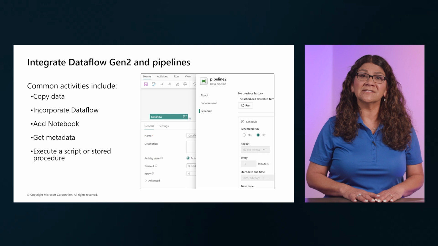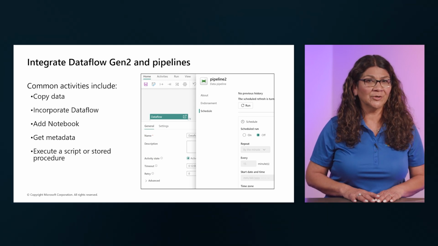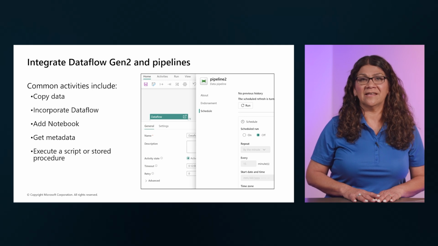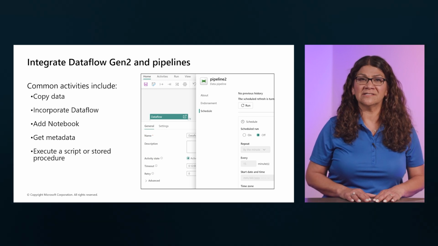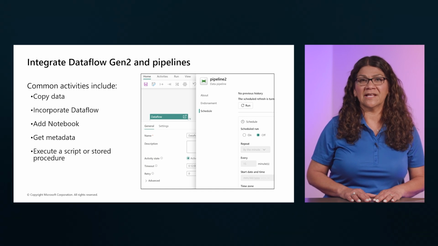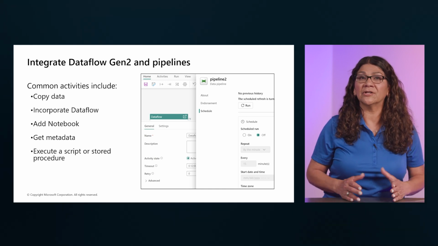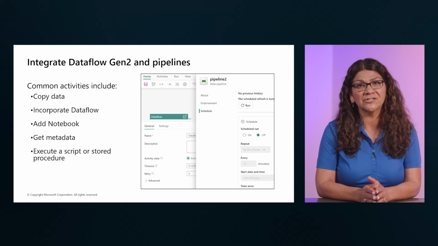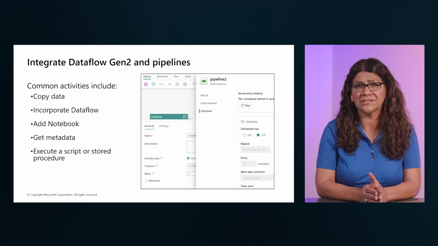Some common activities include copy data, incorporate data flow, add notebook, get metadata, and execute a script or a stored procedure. Pipelines provide a visual way to complete activities in a specific order. Remember that you can use a data flow for data ingestion, transformation, and landing into a Fabric data store. Then incorporate that data flow into a pipeline to orchestrate extra activities, like executing scripts or stored procedures after the